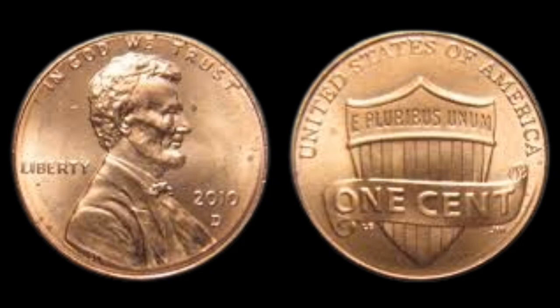And when it comes to the 2010 D penny, minted at the Denver Mint during a year of heavy production and high-volume output of the shield cent design introduced in 2010 to replace the Lincoln bicentennial reverse, there were hundreds of millions of regular pennies pushed out into circulation, most of them indistinguishable from one another and virtually worthless in the resale market. But among them exists a hidden gem that contains multiple compounding factors of value, including double die